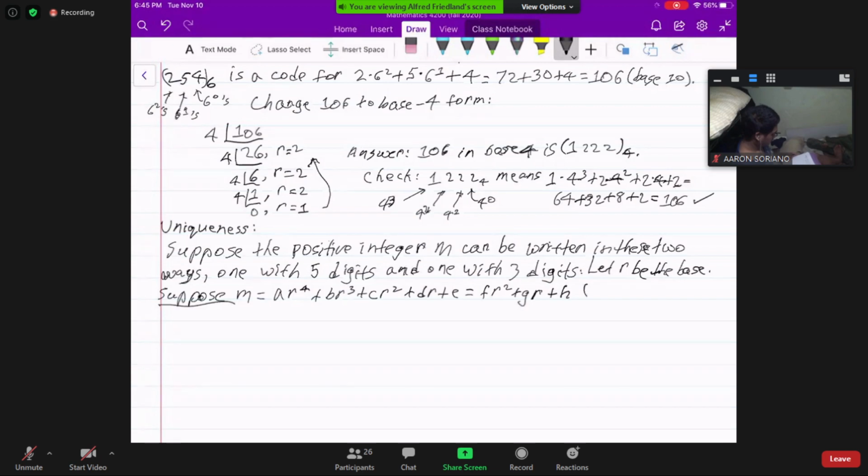So again, counted, I went up to R to the 2nd, but there were 3 digits there. For the first one, there were 5 digits, but we went up only to R to the 4th because we started with E times R to the 0th, where I'm not going to list all the coefficients, where all the coefficients of the powers of R